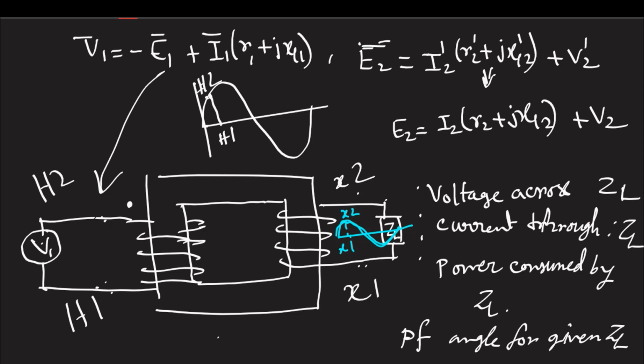the V2 V1 polarity totally depends on the polarity of the transformer, and more specifically, the polarity of the transformer depends on how you wound your winding on your core. So it has nothing to do with our phasor diagram apparently. So there will be no harm. As long as you are considering E1 separately, there is a problem. If you try to place E1 and V1 in the same phase, that will violate some basic understanding. But there is no harm if you place V1 and V2 in the same phase, because the direction of V2